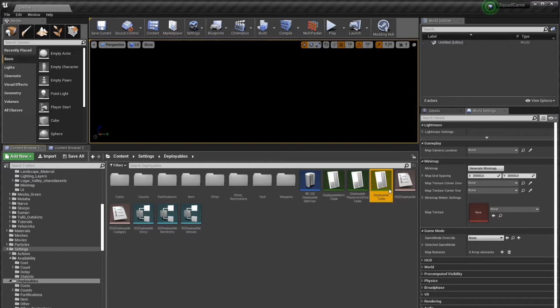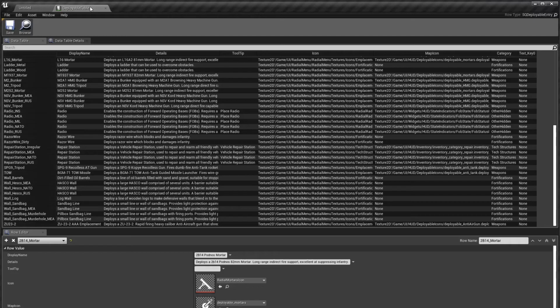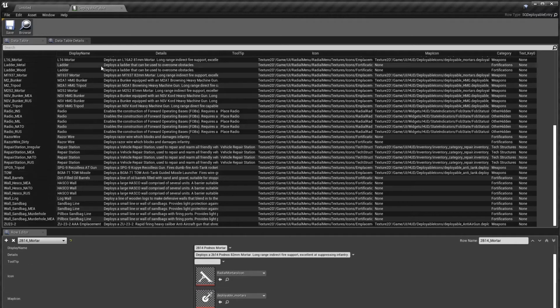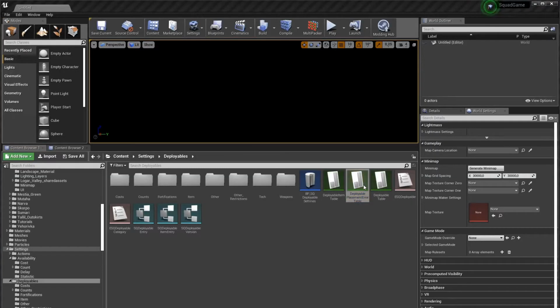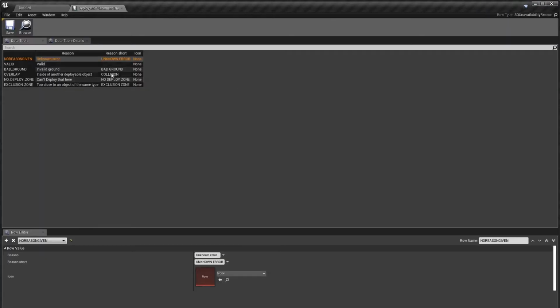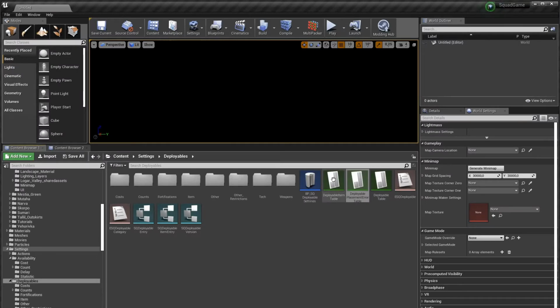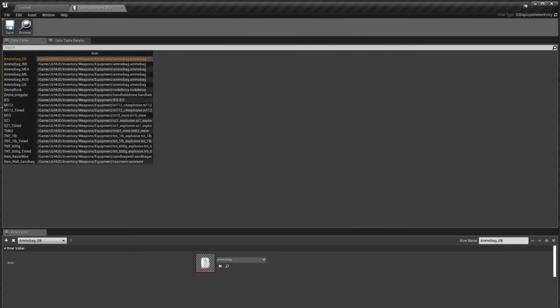And you will find custom data table entries. One is for all deployables that you can find here. This is going to be broken down into smaller pieces later on. You will find a macro table of deployable spawning errors, so that's what is used, for example, to expose when it is colliding with the background. And you will also have a table for the deployable items, so it goes from ammo bags to IEDs and infantryman sandbags.